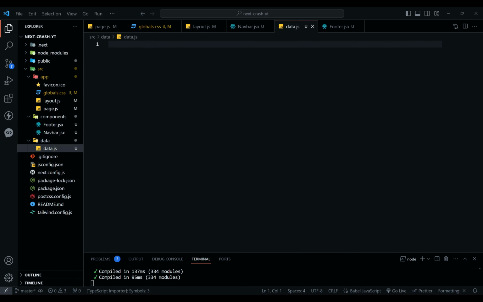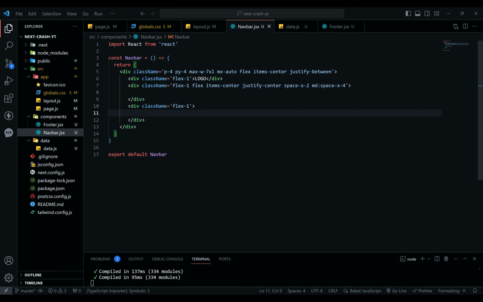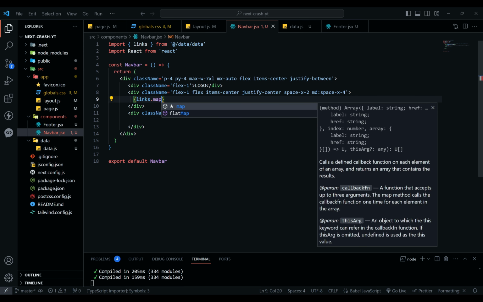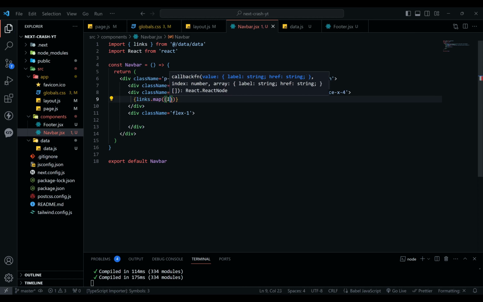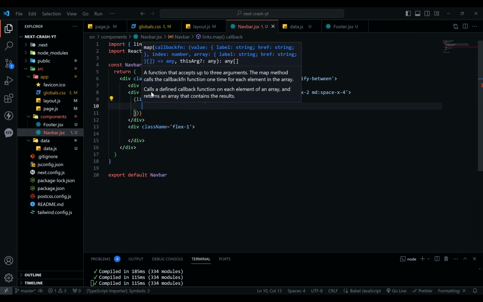And paste this code. Okay, these are the nav links. Label and href is there. So let's use the map function on that links array. So let's import links dot map, link and index should be there. Inside this,